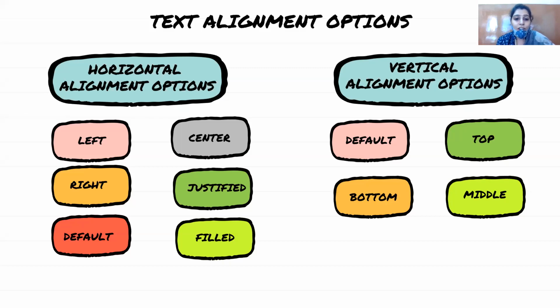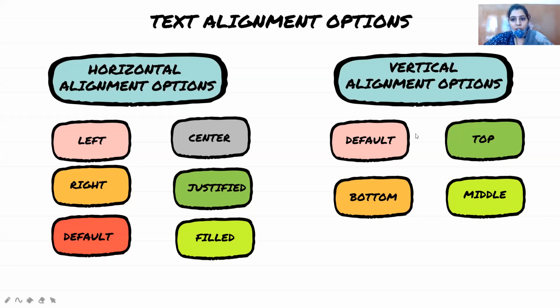And the last one is the filled option. In the filled option, when you type content in a cell and space is left over after typing, the content will get filled again. You have a cell, you wrote currency inside it, but the cell width is very large, so the currency will get repeated after the first occurrence. It will keep being repeated until the whole cell is filled. It will get repeated. Clear? The horizontal alignments are clear now?